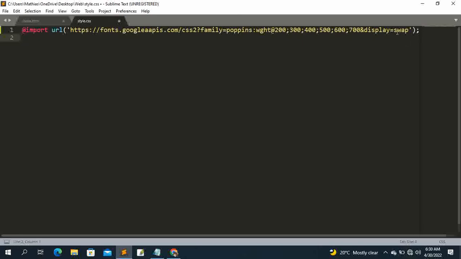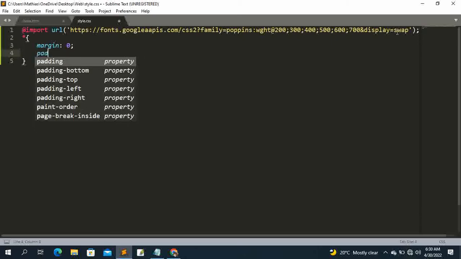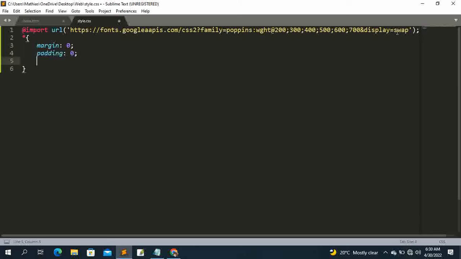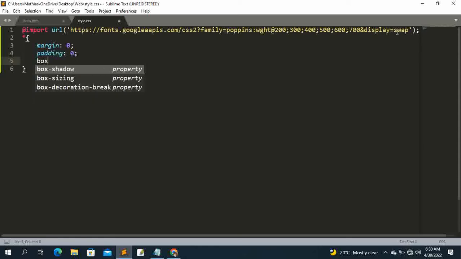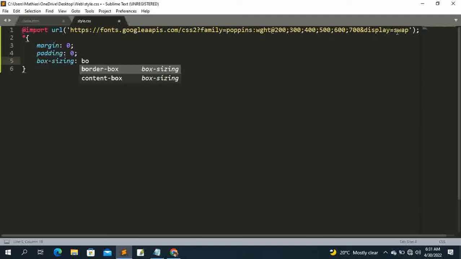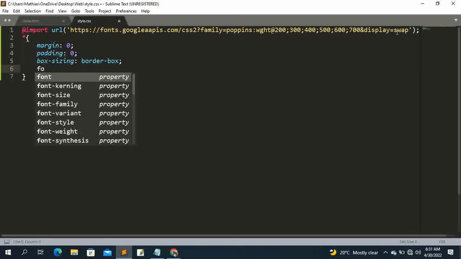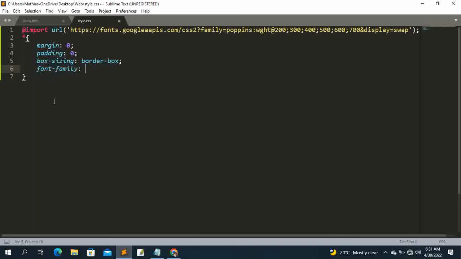Then for my body, I need it to have margin 0, padding 0, then box sizing, border box. I can give it a font family as I specified there. Here you can change the font family if you want. Now our font family will be Poppins,